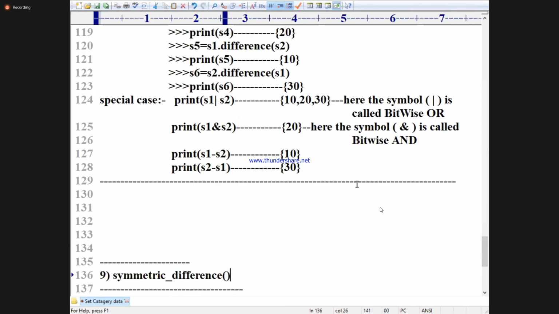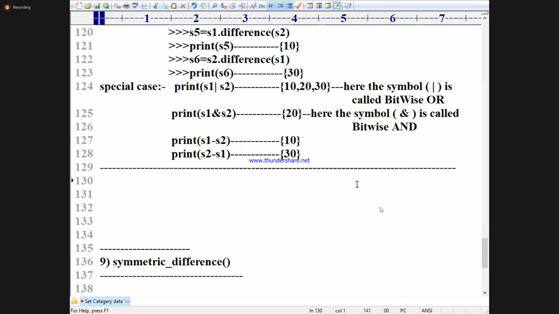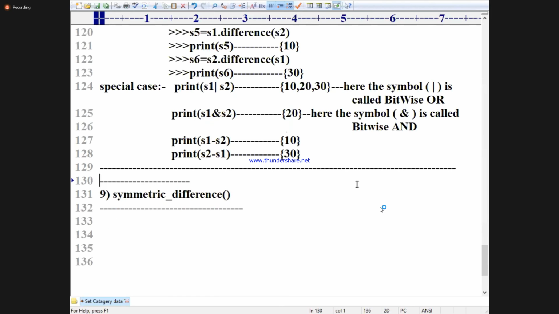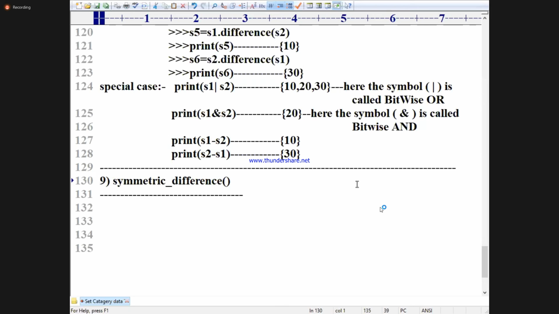Now coming to another point: symmetric difference. First you observe it. Write down: method number 12.